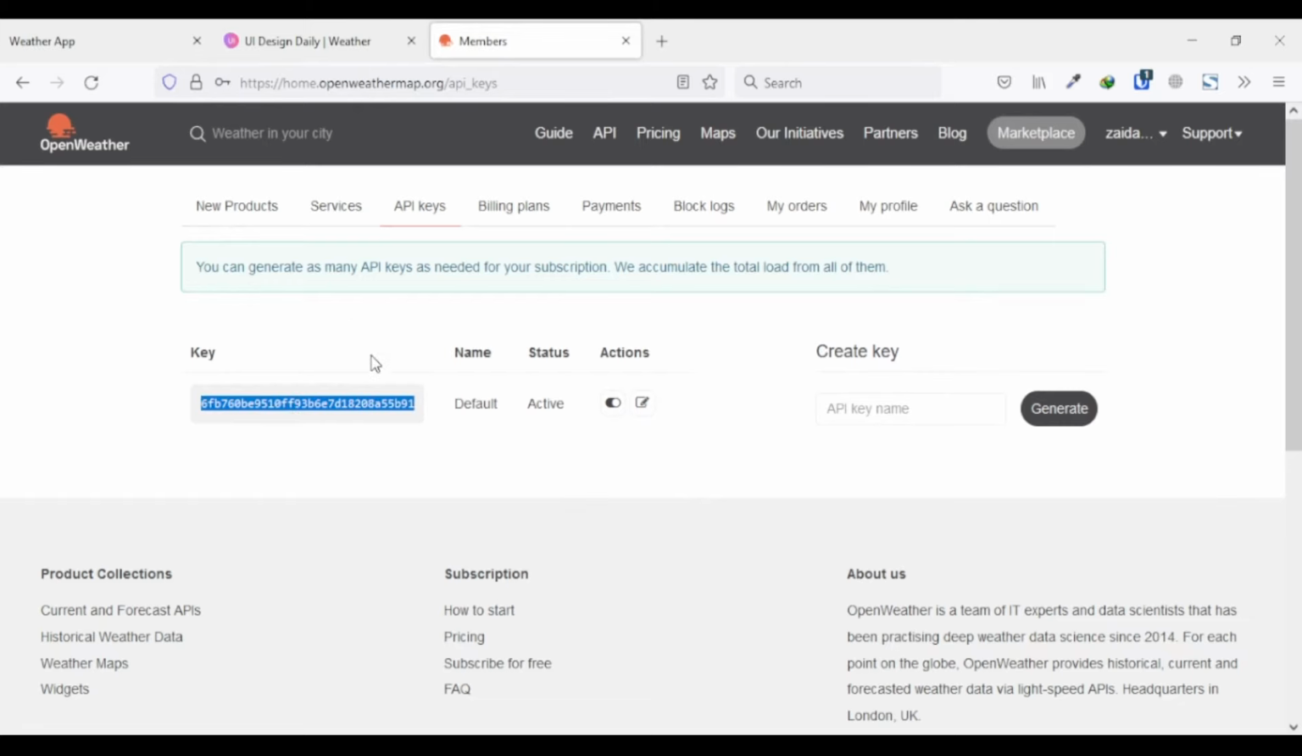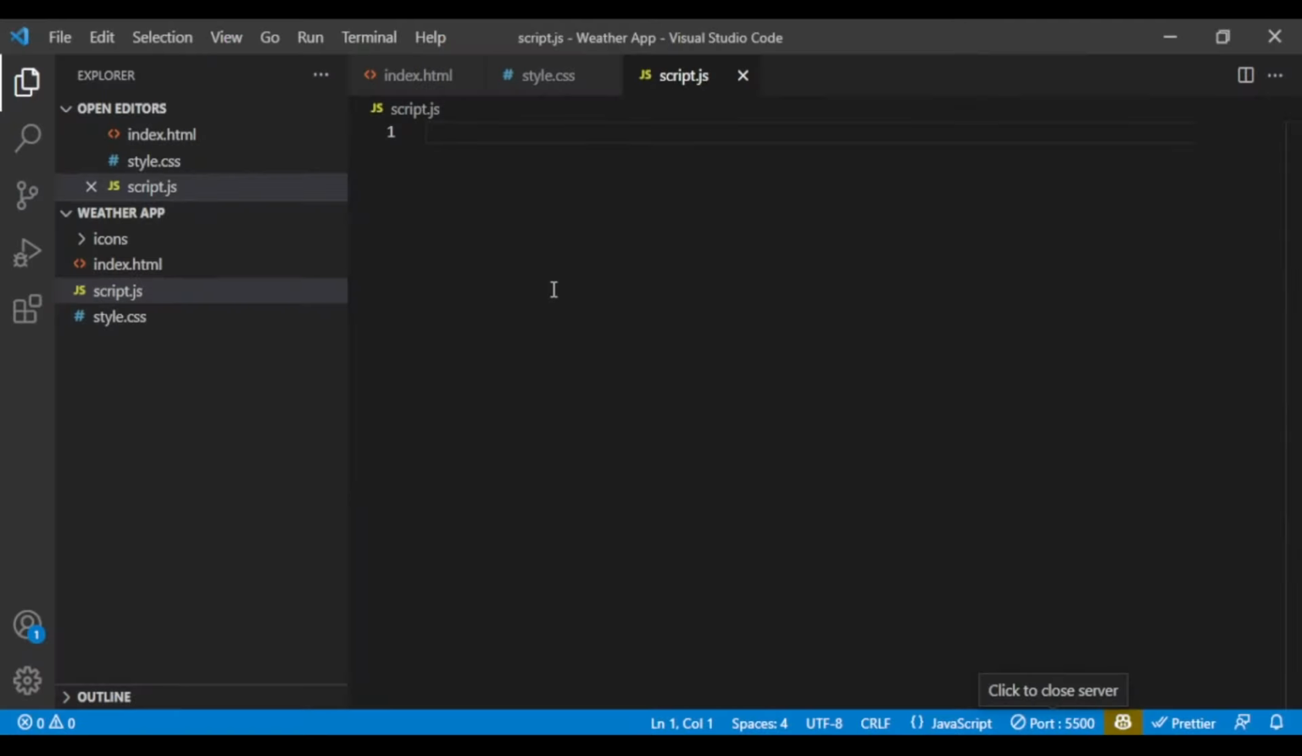Okay, I'm gonna copy this and paste it over here. Let API key, I'm gonna store that in a variable so that I can use that later. So here it is, my API key,